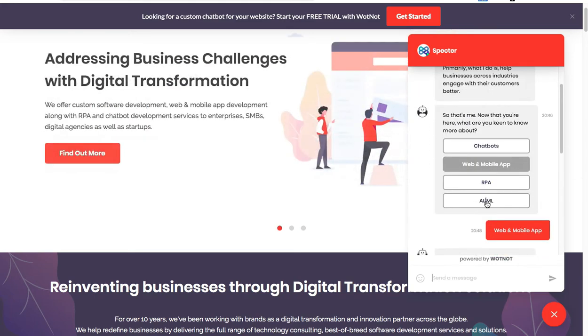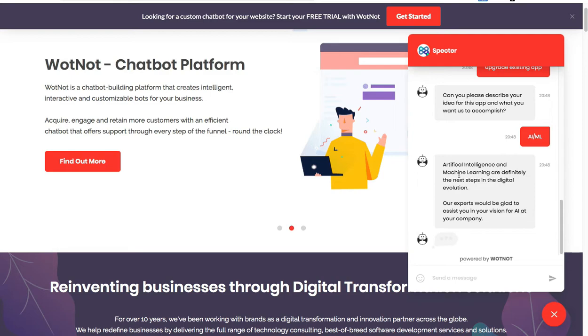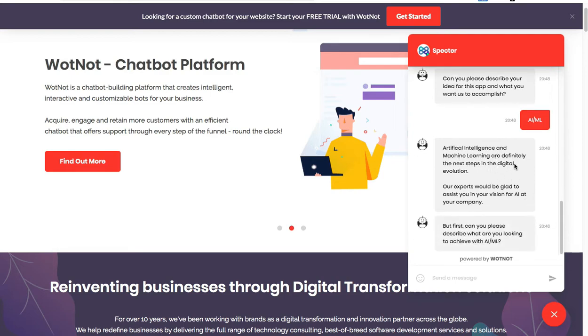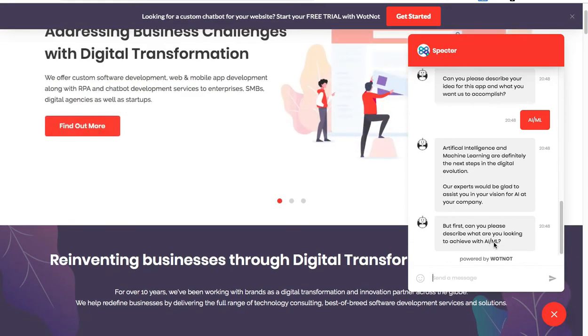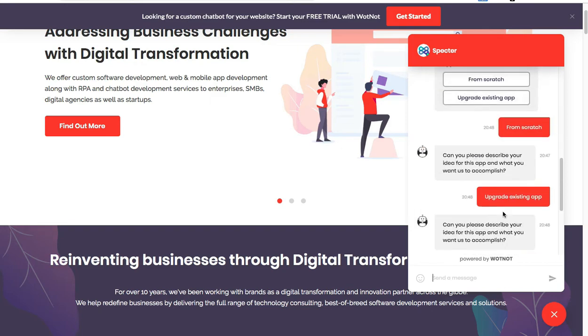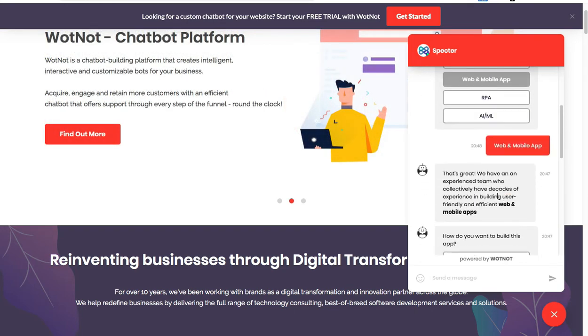What if I select AI and machine learning over here? Let's see. If I select AI and machine learning, it says, artificial intelligence and machine learning are definitely the next steps in the digital evolution. But first, can you please describe what you are looking to achieve with AI and ML. Okay, so if you notice, when I selected web and mobile app, I got this message. That's great.